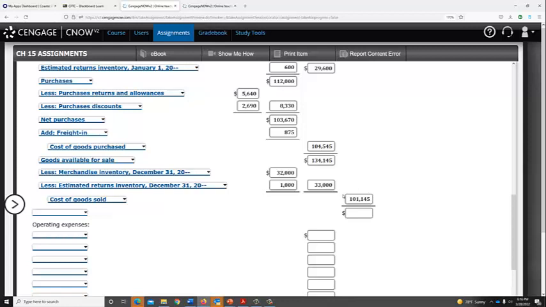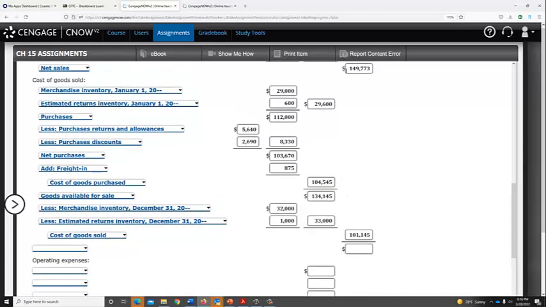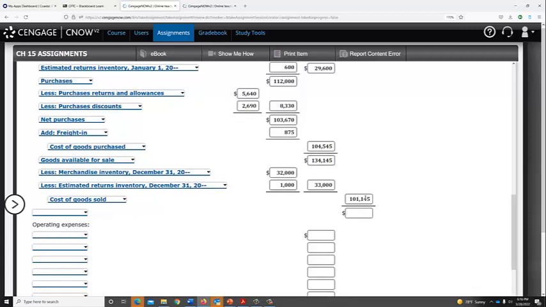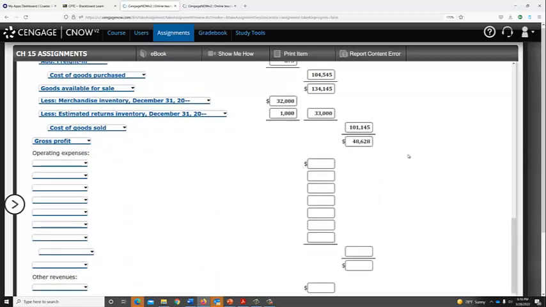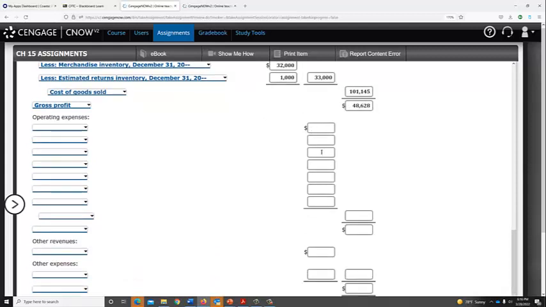So of my sales, I had sales of $149,773. Those sales cost me $101,145. So my gross profit is the difference of $48,628. Okay, so here is the gross profit, and hopefully this gross profit is going to cover my operating expenses that